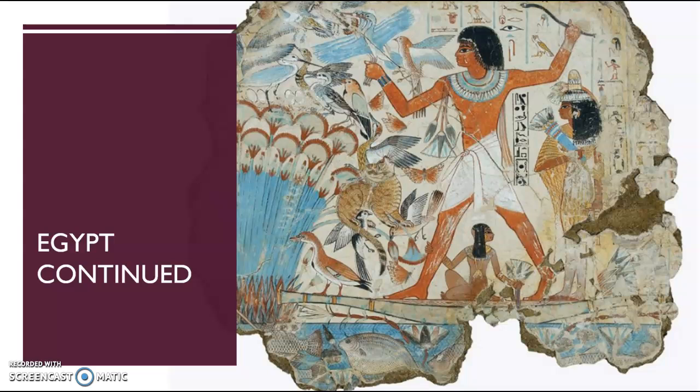They included beautiful ornamentation. They wanted the dead to have wealth in their new afterlife. It's very important to note how much art is in these locations. For example, this image here depicts the deceased doing an activity that he enjoyed during life, but it says in the caption that he actually is doing it in the afterlife, and it says that explicitly on the painting that he's enjoying it after death. So they believed in the importance of depicting the deceased actually doing these things, because it would give them the means to continue their life after death, through the aiding with the art and the ornaments within their tomb.